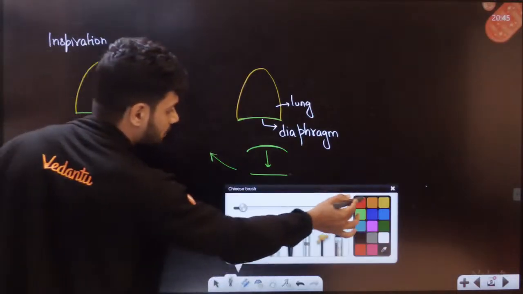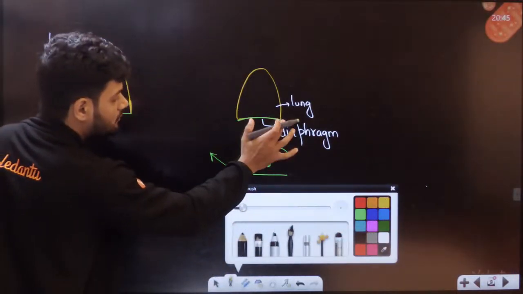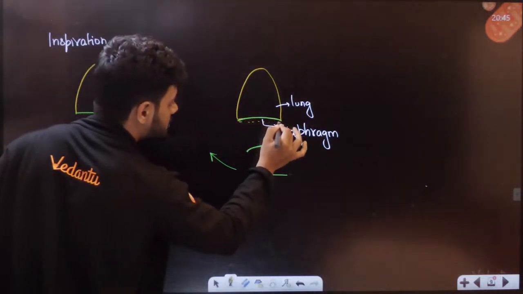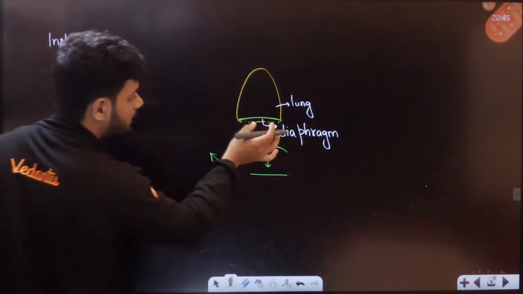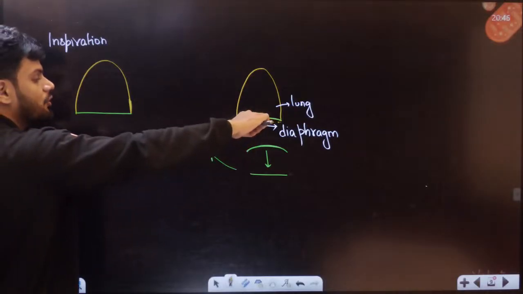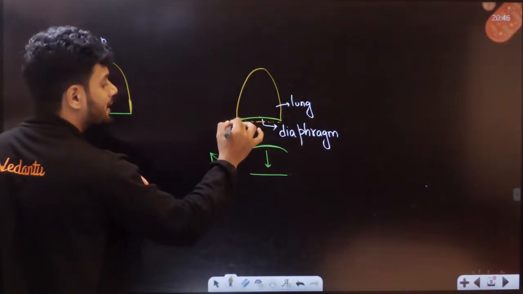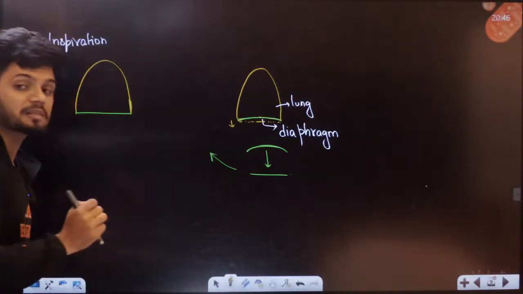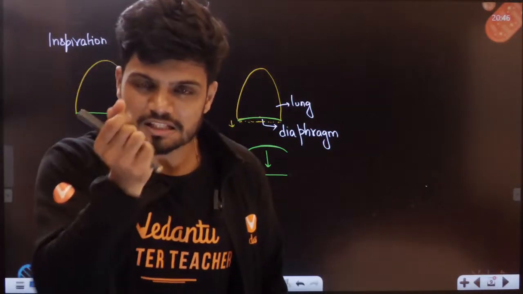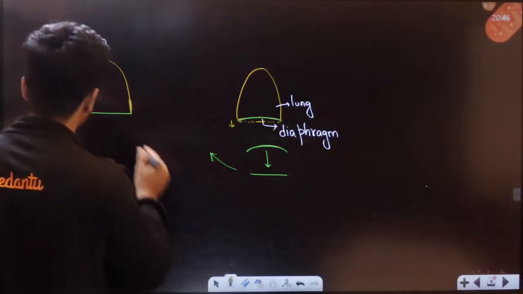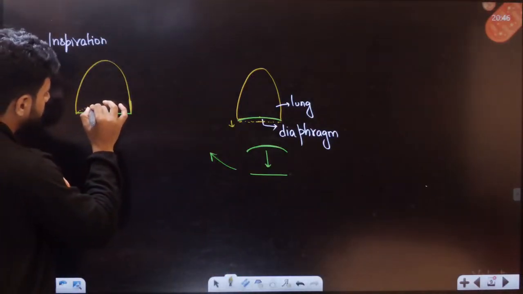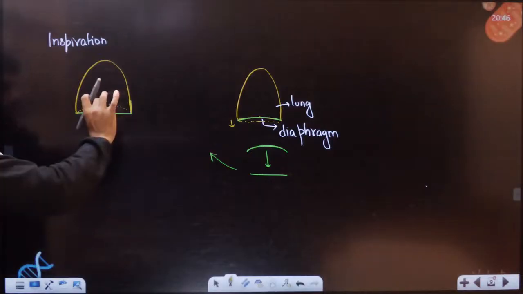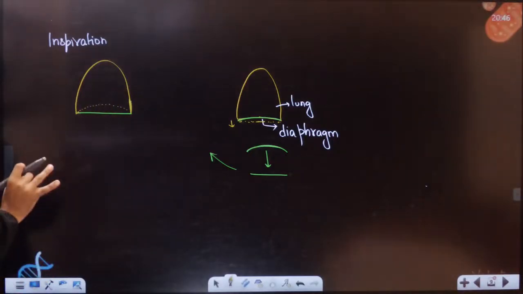इसका मतलब क्या है? Starting में यहाँ पर जो curve था, इस curve के अंदर थोड़ा space था, ये देखो. सो ये diaphragm अब क्या हो गया है? नीचे की तरफ आ गया है. अगर ये diaphragm नीचे की तरफ आएगा, तो इतना extra space मिलेगा, है ना students? Diaphragm पहले इस तरह से curved था, सो यहाँ पर extra space मिल गया.